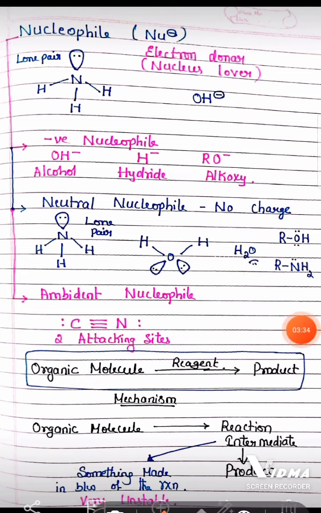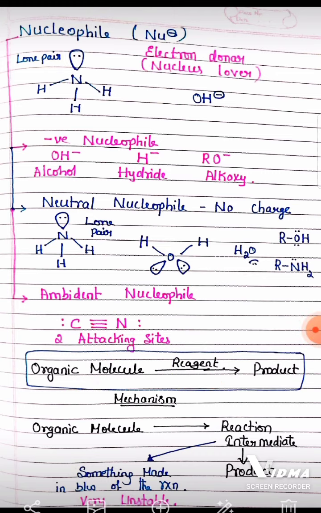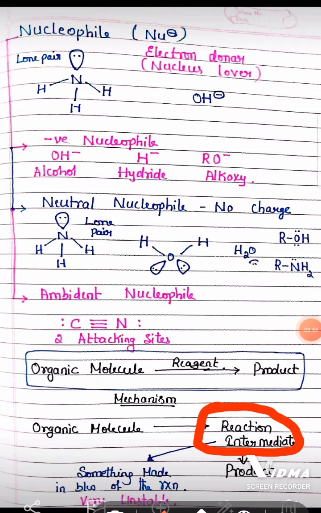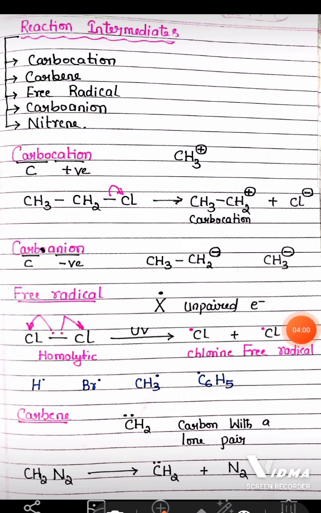Now, in basic organic reactions, the reagents help to convert the reactant into product, but in organic chemistry there will be a mechanism for each and every kind of reaction. So before forming a product, we can find the formation of a reaction intermediate, which is very unstable. Let us learn the types of different reaction intermediates. These are the 5 different reaction intermediates: carbocation, carbene, free radicals, carbanion and nitrene.